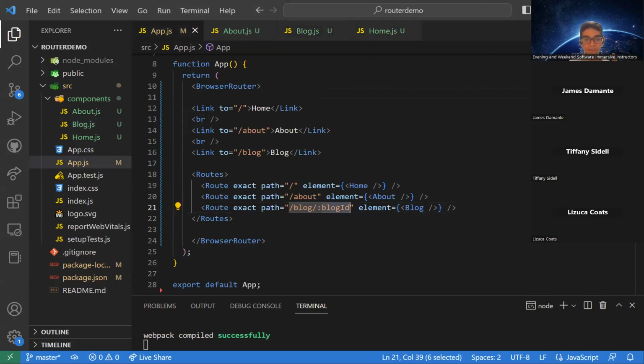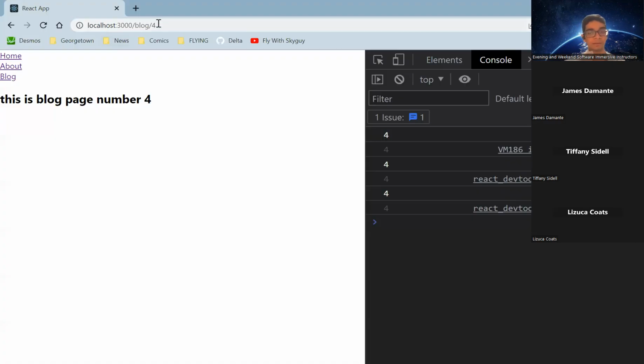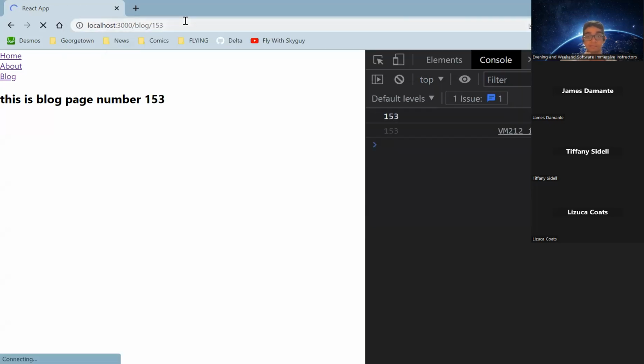So let's go back to our React app. Let's go here. And yeah, we can see here, I've typed blog 4, and indeed it shows us that this is blog page number 4. Similarly, if you wanted to change it to, let's say, 153, this is blog page number 153. So getting props in React is not terribly complicated when you use the route system like this, which I personally